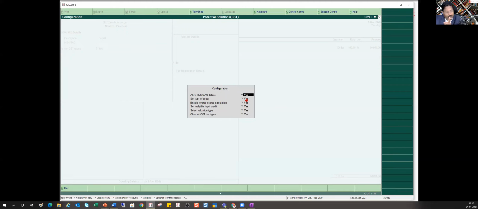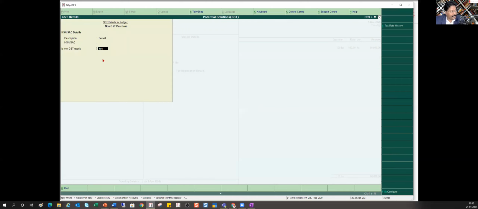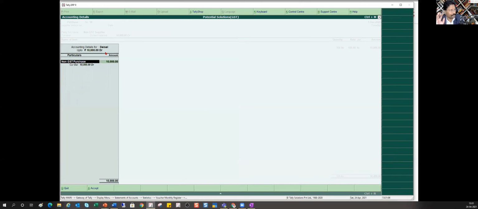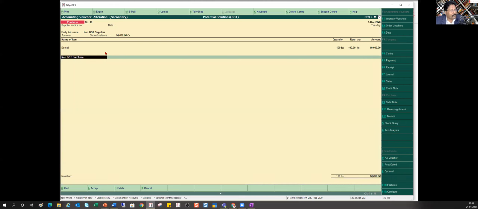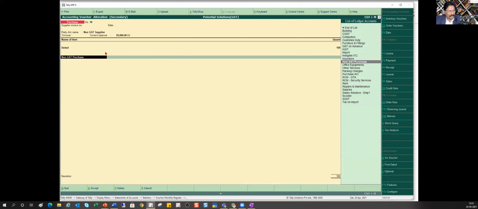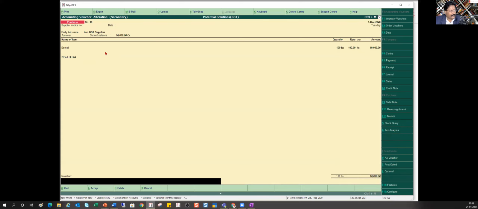If type of goods is yes, then you will get this, and you will say this item is non-GST item, but I have to show it in my form. Okay, so I'm making this purchase, and Tally will automatically put this on the face, saying that it is a non-GST purchase, which is your ledger that is going to take this thing.